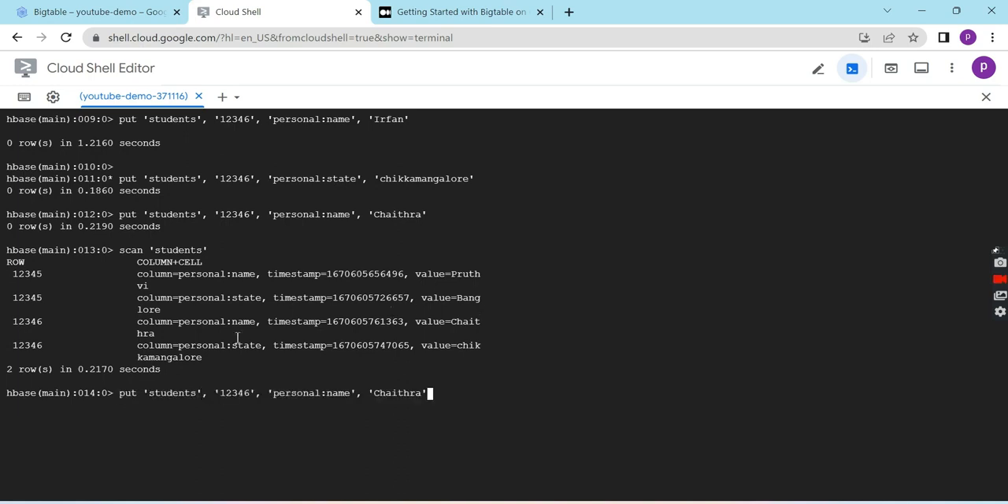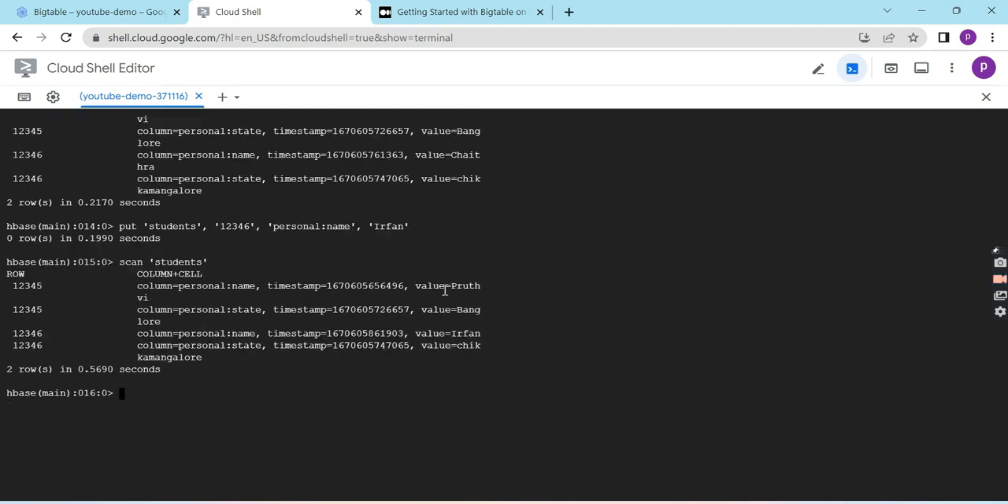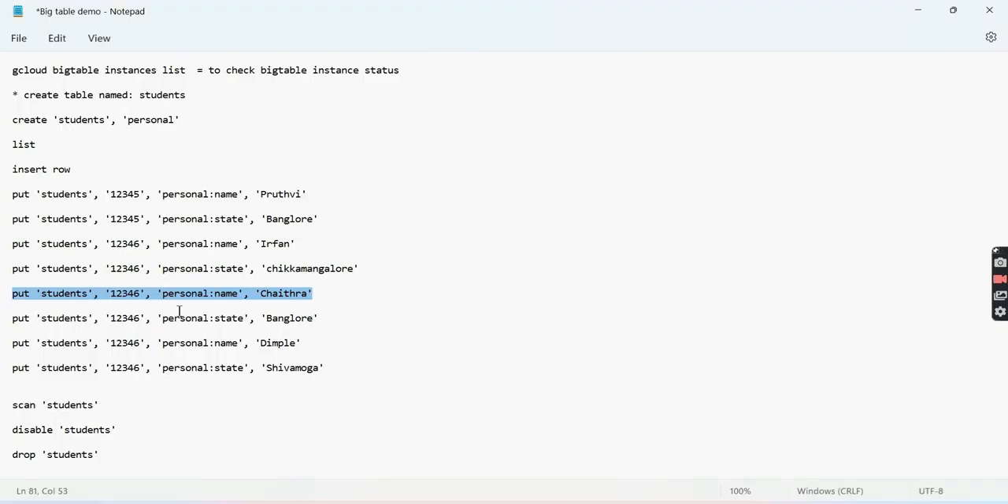To rectify that issue, press this command again. It's going to rectify the issue. Now let us see, the value has changed to Irfan for this row key ID. So here we have to alter that actually. We have to give a unique row key ID. This is very important, guys,